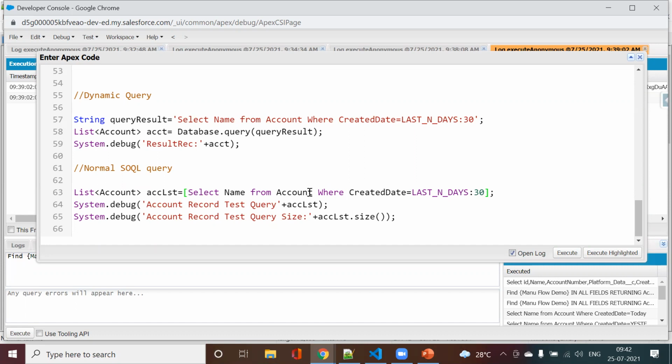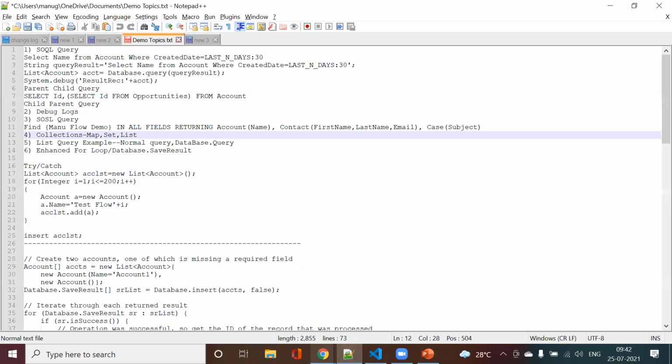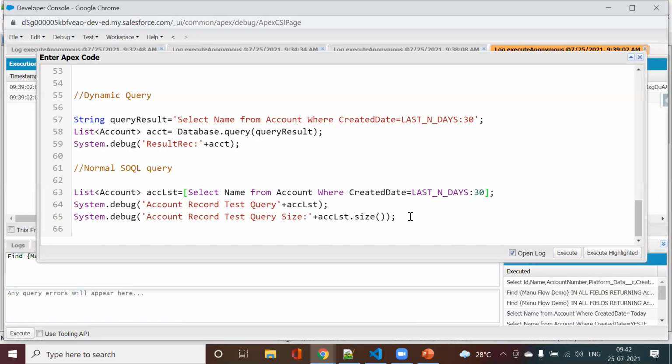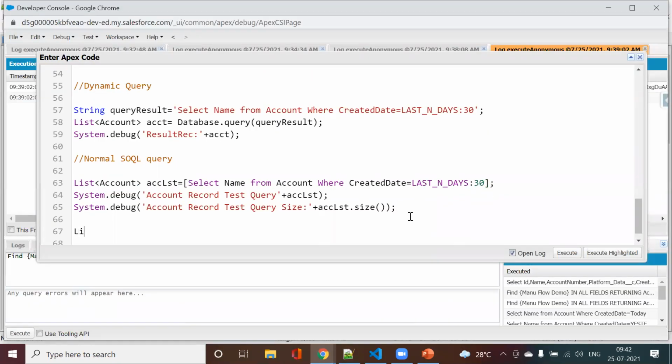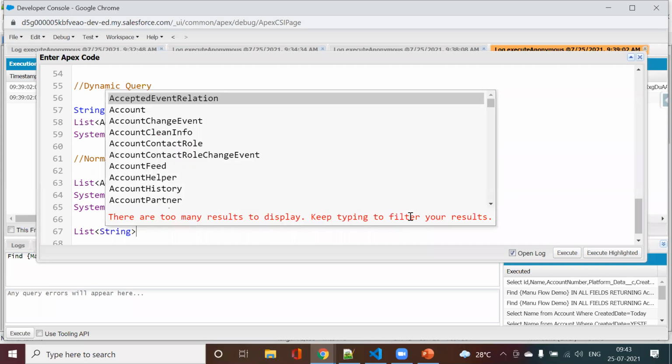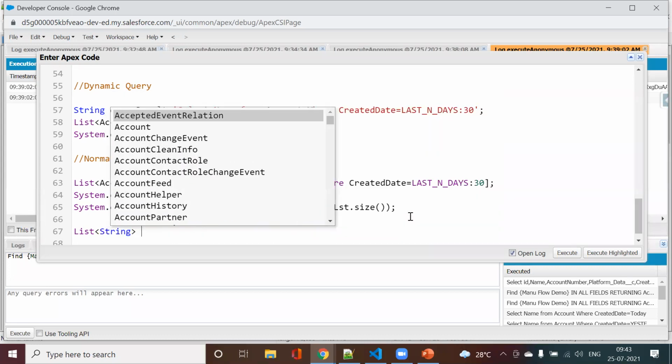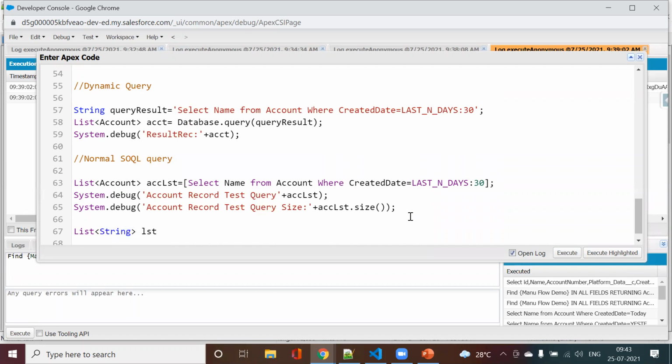So let us see how I can initialize my list, sets, and map. I will write one small example. For a list, it depends upon the data type I have. In the above example, I had Account. Here I can have a type of String also. The API name I can give as anything, so maybe I can write something like rec list.